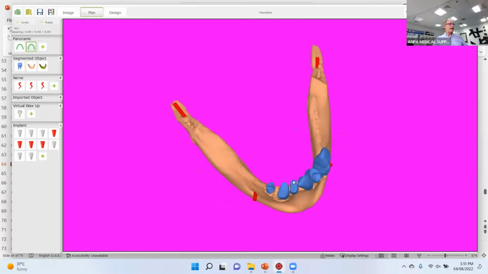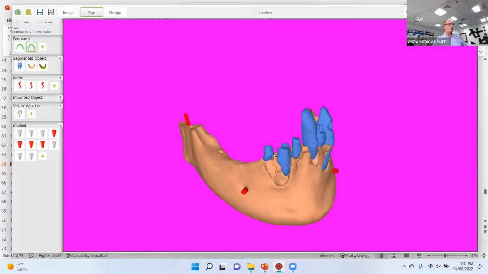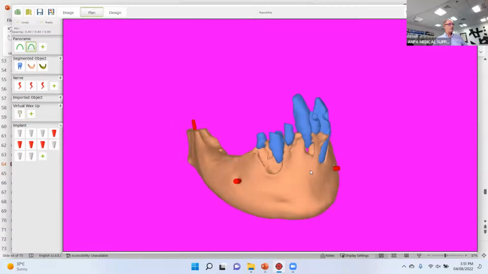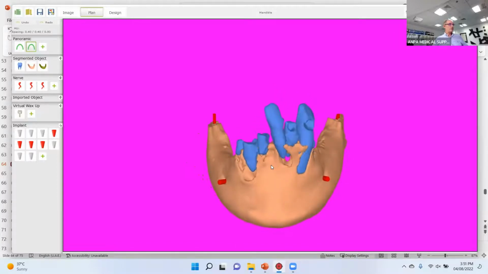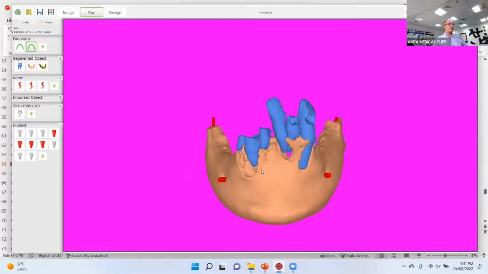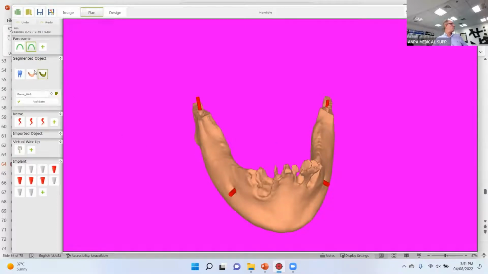And this dentist wanted at the same time to remove all these roots and place implants. This case was a very good success, but I'm going to tell you why the planning is very important. So we can remove the teeth, and we see that we cannot place implants like this. So we need to have a bone reduction. So we've been making a bone reduction,